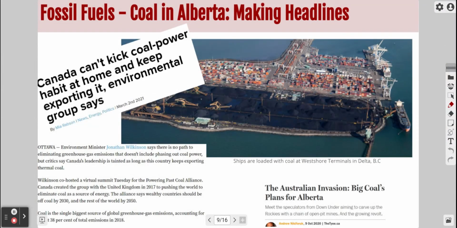However, there's some interesting headlines and some controversy now. And I like this headline here. It's kind of interesting. You can't kick coal power habit at home, but keep exporting it. So we are still exporting a lot of coal to other countries so that they can burn it for their electricity. And here's a picture of coal terminals in BC, and you can see all this is coal here, piles and piles of coal, and these are all those little giant shipping containers, I should say. So they look small here, so you can get a sense of the size and the amount of coal